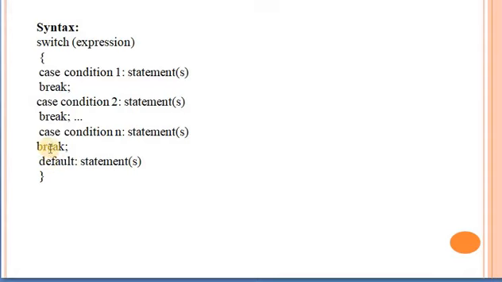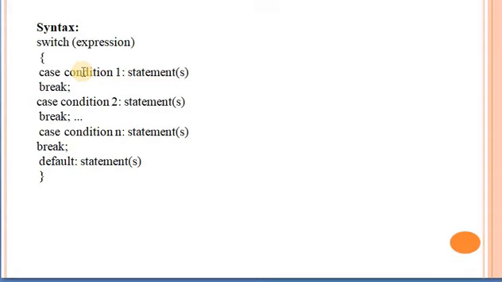The different conditions in the switch case are called cases. Within those cases, you can write the statements to get executed. And these cases are broken or completed by using the break keyword. In the switch case, cases are called labels, and the expression and the constant values are called the labels. Each value of each case should be unique within the switch statement.